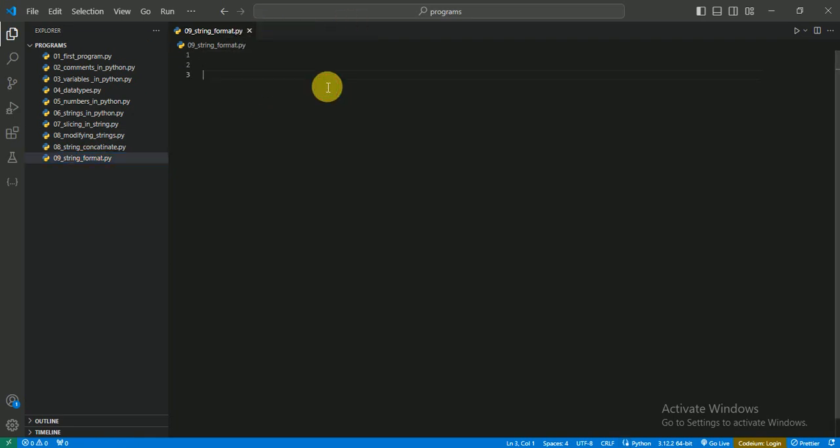So I create a variable which is named age, and age is equal to 16, and now I want to insert age into a string. So I write here print,